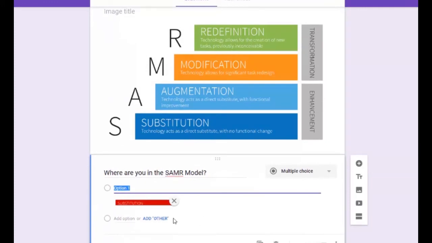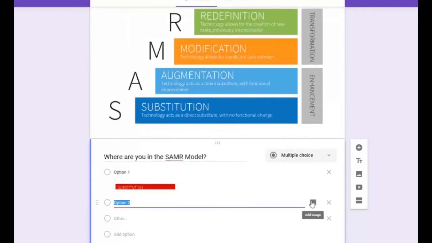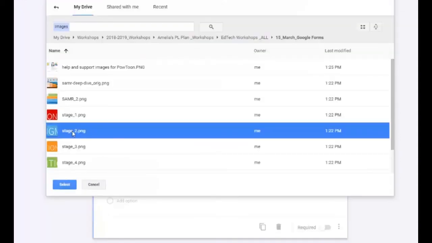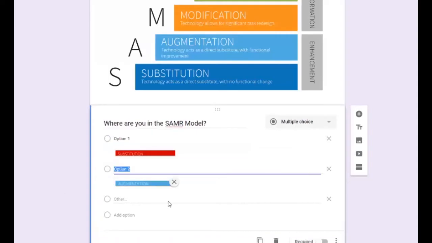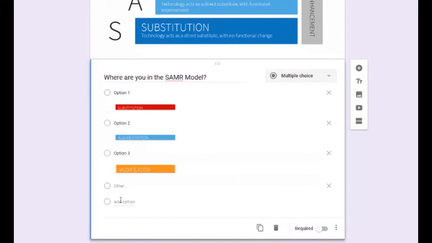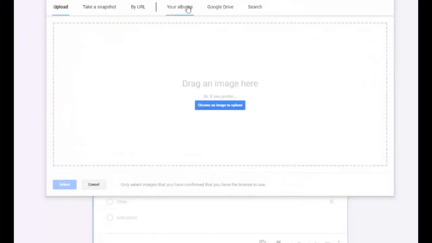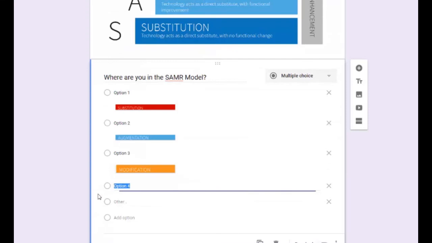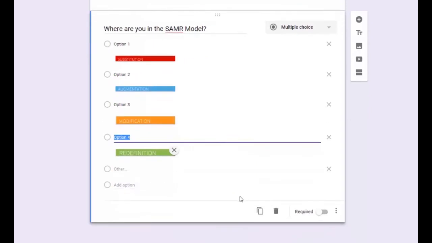There's one picture. I'm going to add another question, and I'm going to repeat the same process. Once you finish adding pictures as part of a response, then select the option either to require the question or